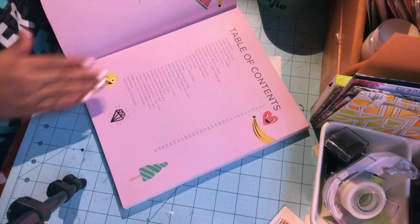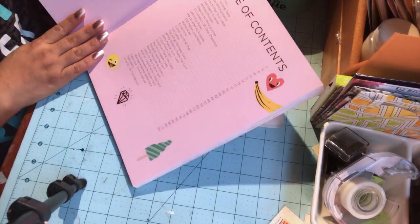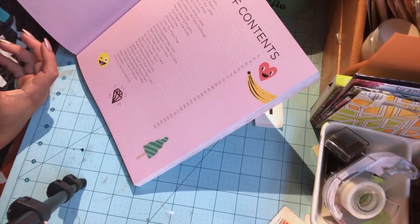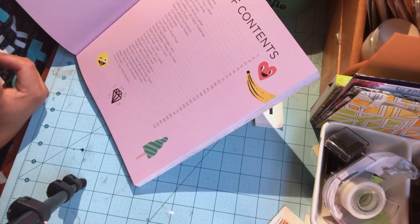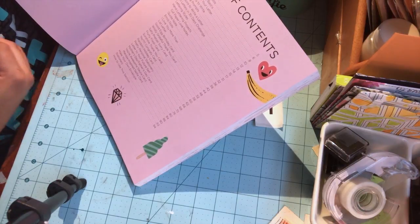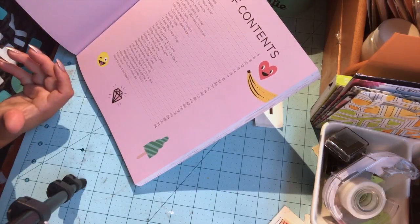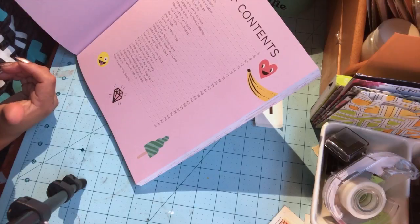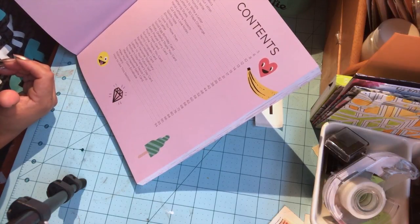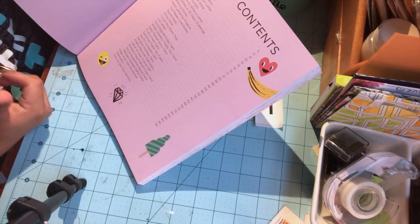I will read to you what is in here, so you can judge if this is something you would like to have. It has the introduction, the letter writing tools, letter writing basics, how to mail your letter, get ready to write, writing prompts, reasons to write a letter, and the 30 letters in 30 days challenge. This is the Write On challenge, actually. Lettering styles, hand lettering projects, cut paper, love notes, quote note, emoji note, I love you more than, list letter,